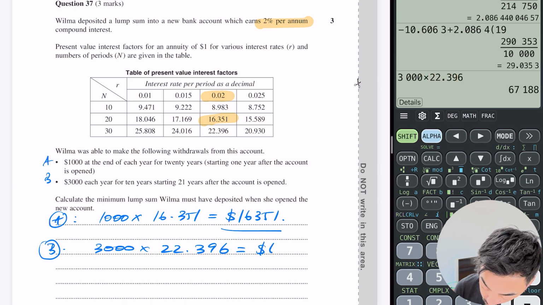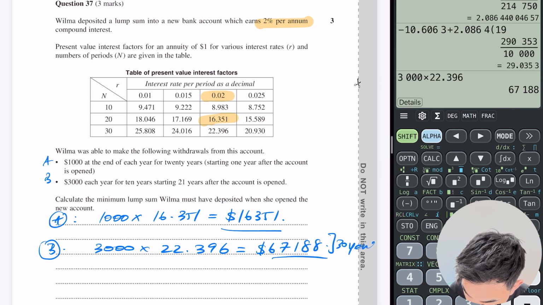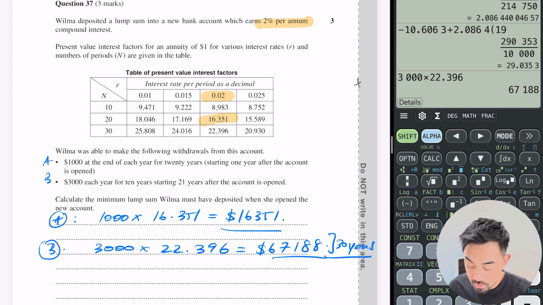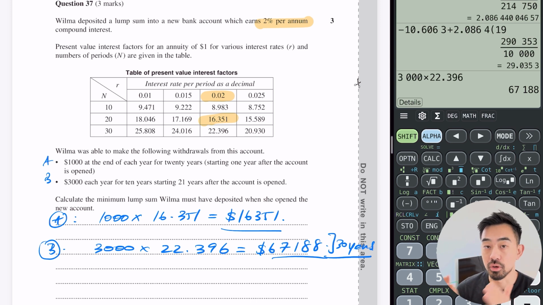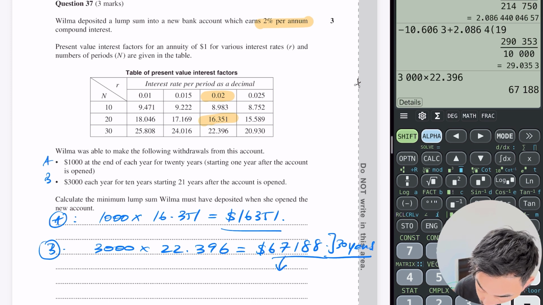So that is 67,188. Okay, so that's for the 30 years. So let's make this clear. That's for the 30 years. But she only takes that number out from year 21 to 30. So what we need to do is subtract away the $3,000 she would have put in from year 1 to the 21st year, in other words, the first 20 years. So we need to actually minus this number